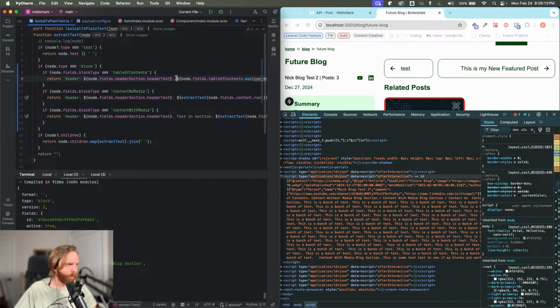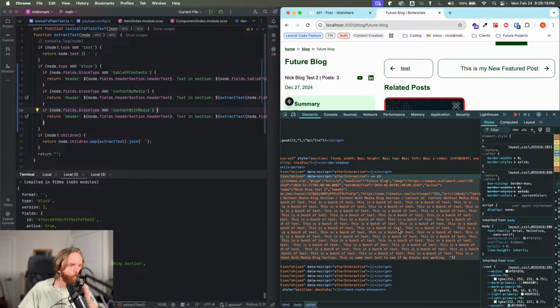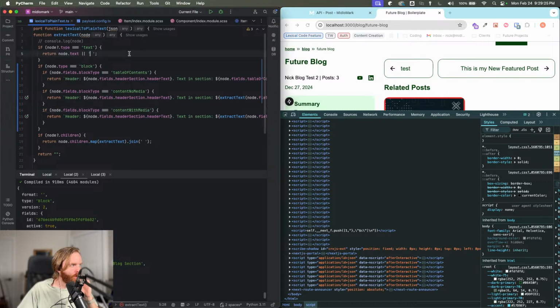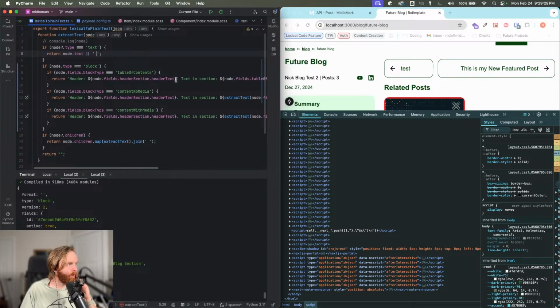And that makes this a little bit more clear about what's happening. Text in section. And then even more so, we could